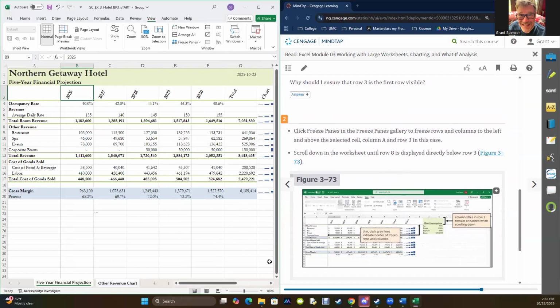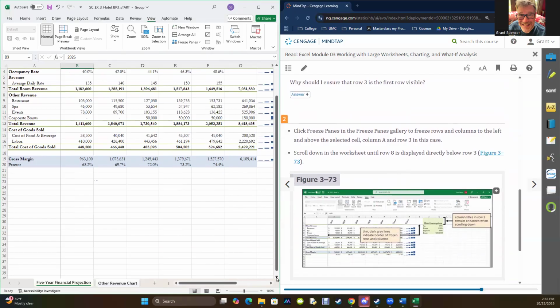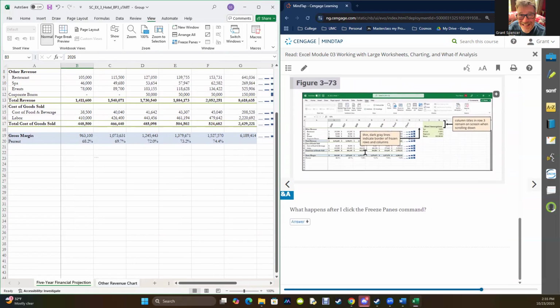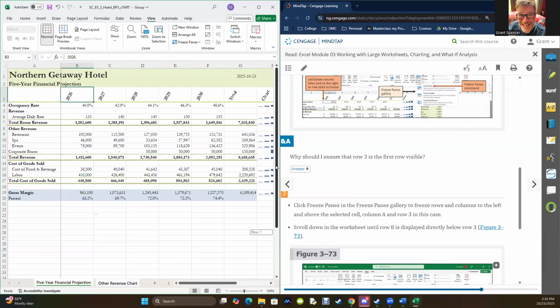Until row 8 is directly visible. All right. And then what? Oh, okay, we've just done that. I've just shown that. So in this case, I've frozen right here, and you can see a solid line. Now, let me tell you again, without just screwing around to get this exactly, what I would do here,